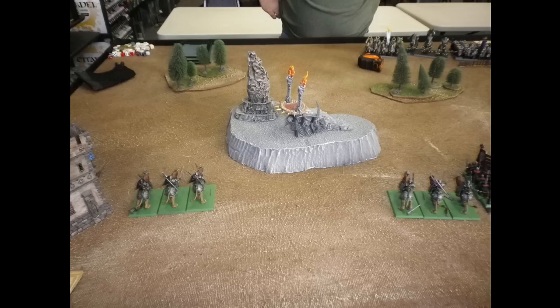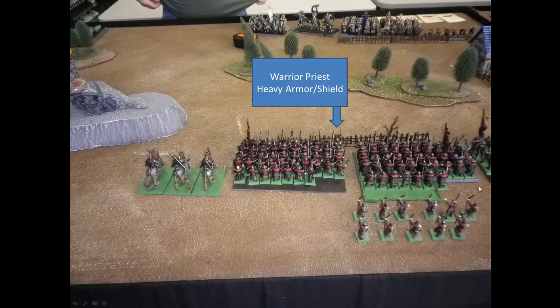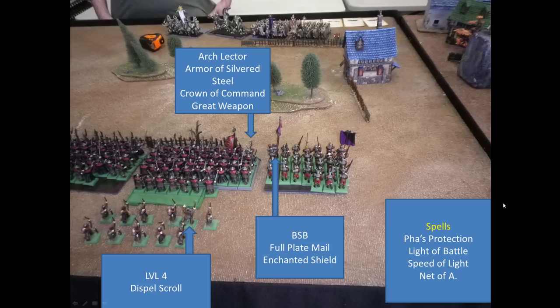Now, starting on my far left, this is a giant piece of impassable terrain here, I should say, front and center. On the far left, I have 3 Demigryph Knights. To the right of that, I have 3 Demigryph Knights, and then I have 45 Halberdiers here with a Warrior Priest with heavy armor and shield for some hatred and hopefully some prayers. Then to the right of that, there's 45 more Halberdiers, so yeah, it's a lot of beef and bodies here